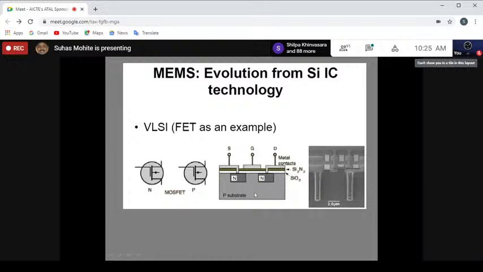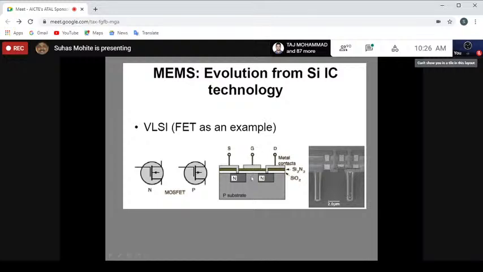You have got silicon, then this is a P substrate, the entire substrate is doped with P, and then the wells are doped with N, and then there is a layer of silicon oxide, which is an insulator, then silicon nitride is there, and you can see there is a connection here. The well is connected to the source, and this well is connected to the drain, and there is a gate, and the flow of electrons in between these is controlled by this gate by applying potential to this gate. So when this potential is analog, this is an analog device,